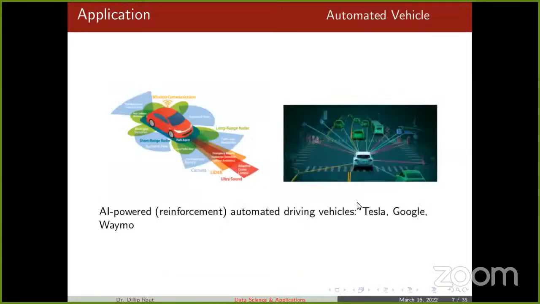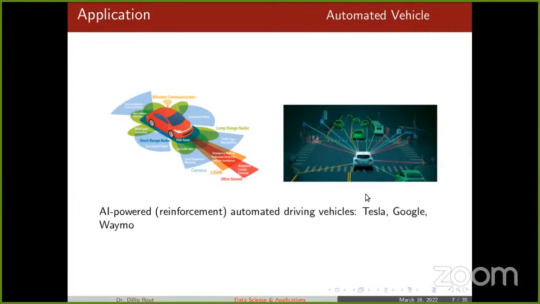Okay, another application is the automated vehicle. You can see that in an automated vehicle there are multiple devices, multiple sensors, and multiple cameras, and out of that you can see it is on the road and making decisions. You can see that it is looking left, right, as we look as human beings, then drives, and it is also aware of the traffic lights.